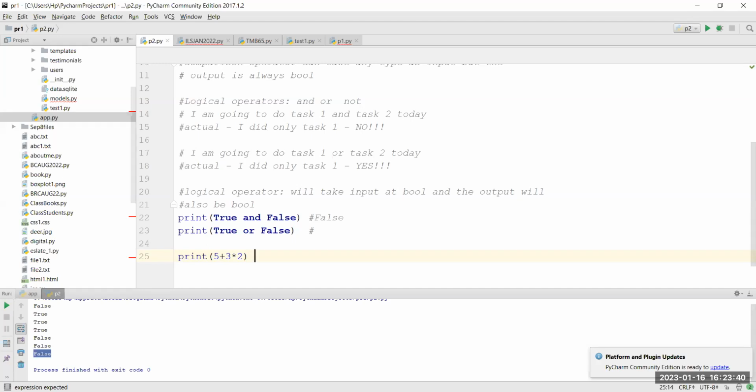Yes. So when you have addition and multiplication, first multiplication will be done. 3 into 2 is 6. Okay, even though we have plus before, we know that when you have plus and multiplication, first multiplication will be done. So 3 into 2 is 6 and plus 5 is 11. So when I run it, you get 11. Okay. So similarly, now if I put,